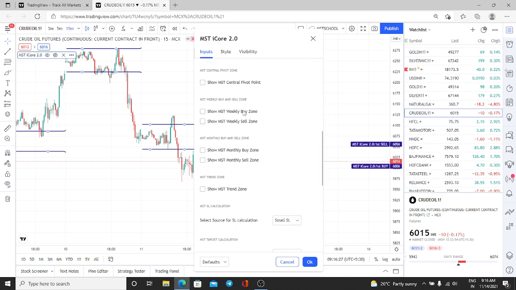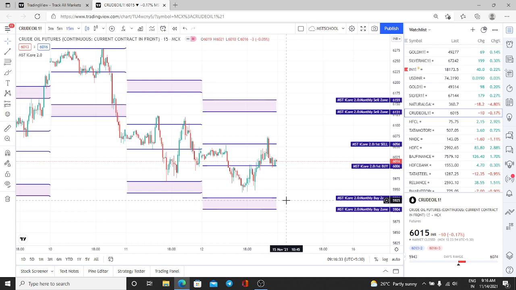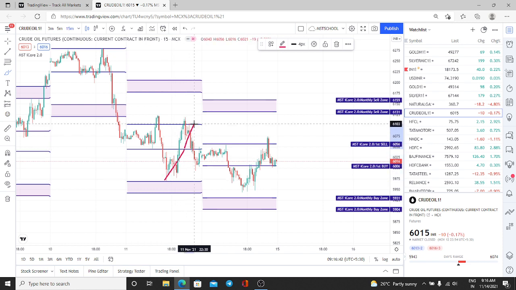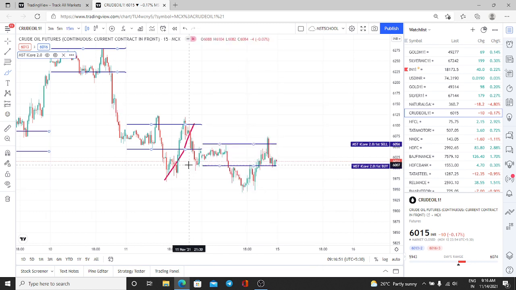Now you might be having one doubt. Suppose in weekly time frame or monthly time frame my entry got activated. Now how to give the target? So one method I told you, first method, the target will be the immediate next line, then the next line. This is the target. Or if you want to book target by target, what you can do, 1:1. You calculate the entry price and SL price, the difference, and you can keep the 1:1.